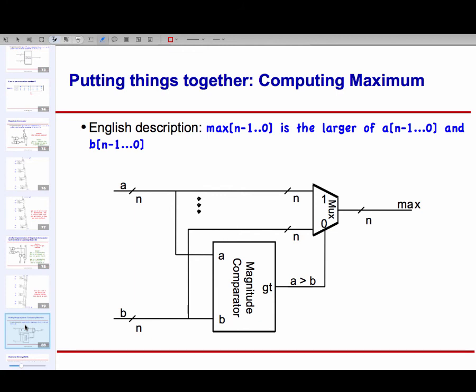And you can literally take more complicated stuff and start implementing things like this. If you want to do average, you can do average. How would you take an average of two numbers if I were to not give you a divider? I gave you an adder, but I forgot to give you a divider.